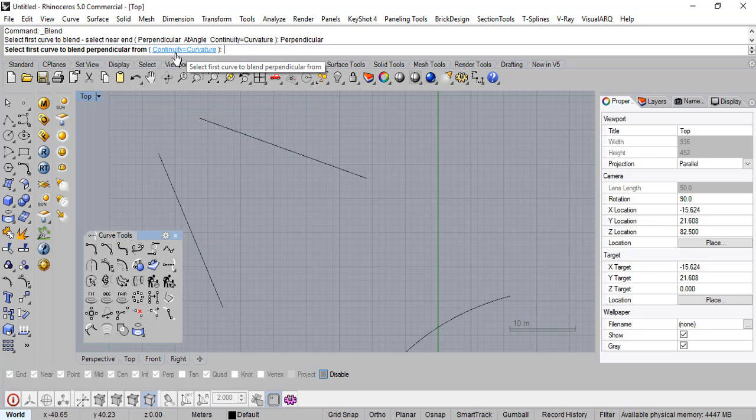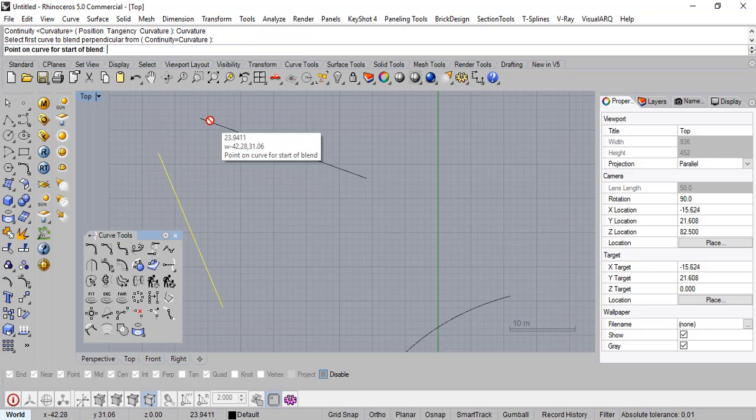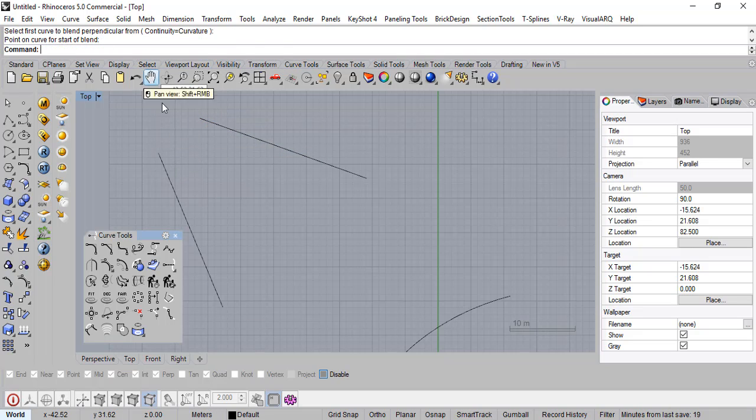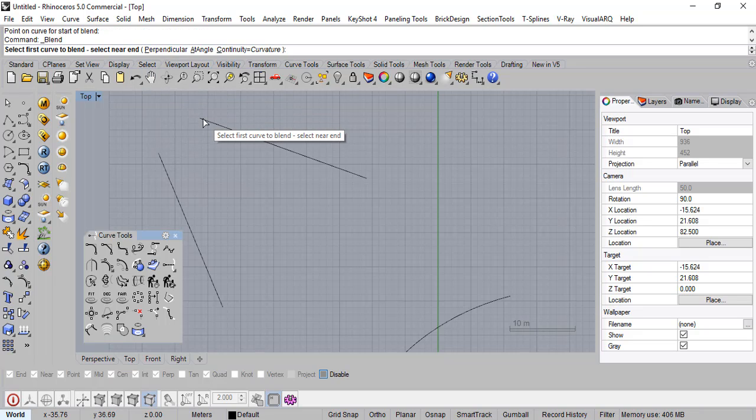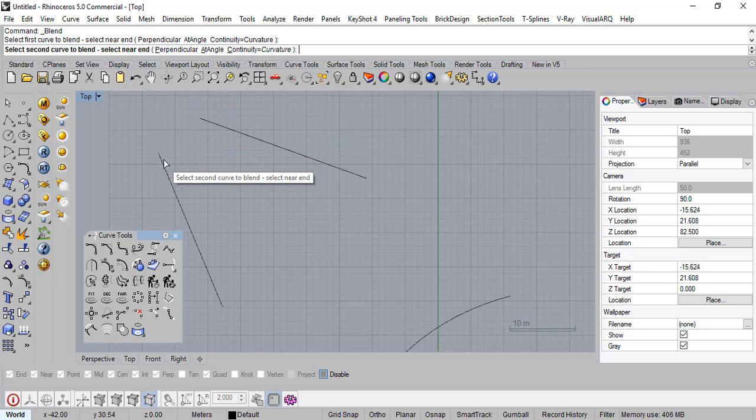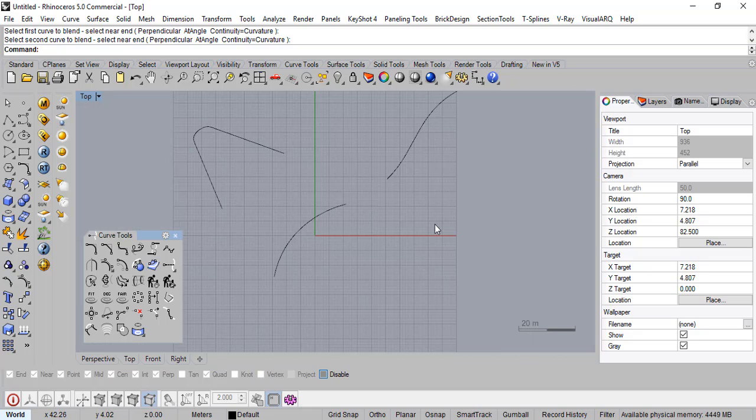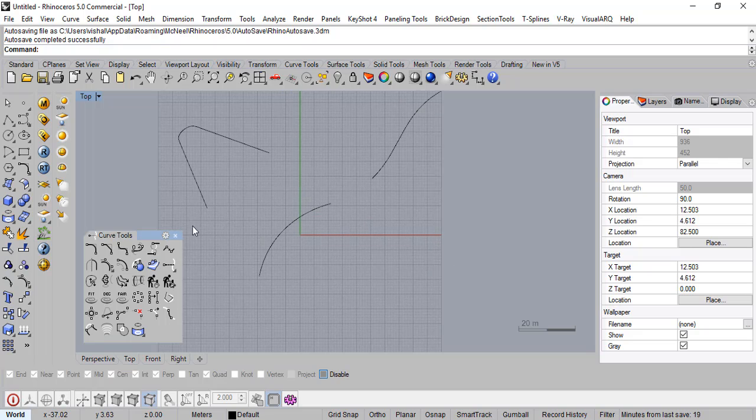So what is this? Perpendicular, curvature. Fine. So we'll use curvature here. First curve. No, one second. First curve and the second curve. Fine. So it's tried to blend it. Second curve, so if you want to blend these two,